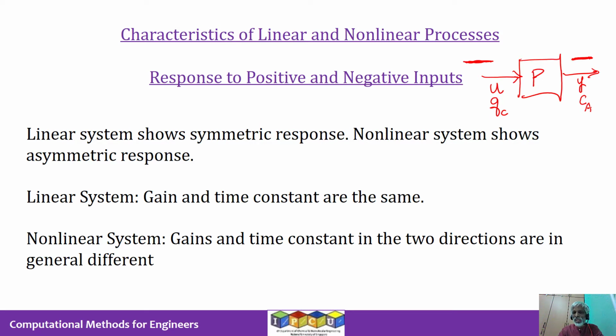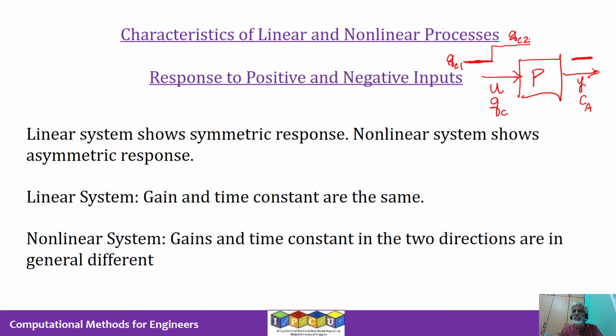Now the question is, if I step up, if I make a change in the input in this particular fashion, that means the input goes from this value QC1, let's say 3 meter cube per minute, to, let's say, 4 meter cube per minute. So from QC1 it goes to a value QC2. The numbers can be like 3 for QC1 and 4 for QC2. So this is called a step up, or a positive step input. It resembles a step, as you can see.